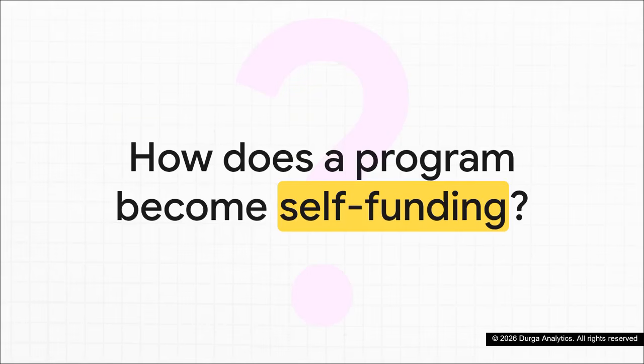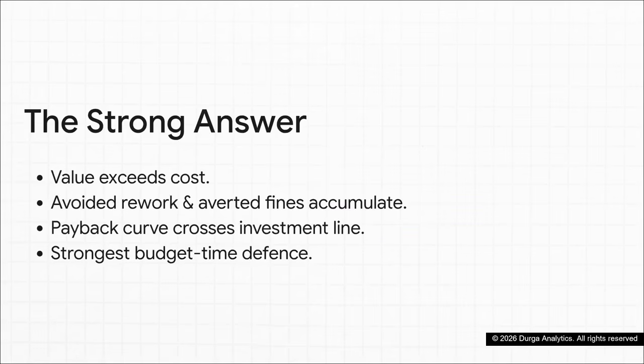required. Third scenario, an asset manager wants to know the bottom line. They ask, how does a governance program actually become self-funding? You explain that it happens the moment the value delivered exceeds the cost. You point out that avoided rework, much faster regulatory reporting, and averted fines accumulate over time. Eventually, just like we saw on that payback curve, this crosses the investment line. Make sure you highlight that achieving this self-funding state becomes your ultimate bulletproof defense at budget time against any proposed